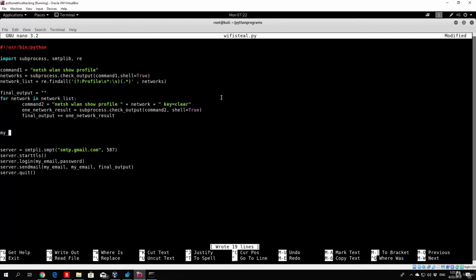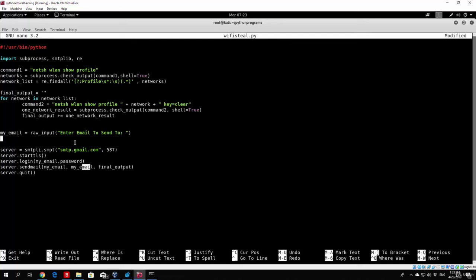you can just set the my email variable to be equal to raw_input, and then you can input the email itself. So enter email to send to, which is really no point to do, because this is something that you will run on the target PC. You don't want to prompt the target anything, but for test purposes you can just leave this, and then this my email will be replaced in these functions right here,